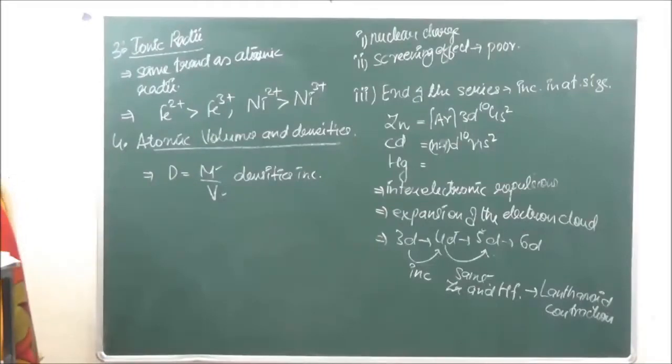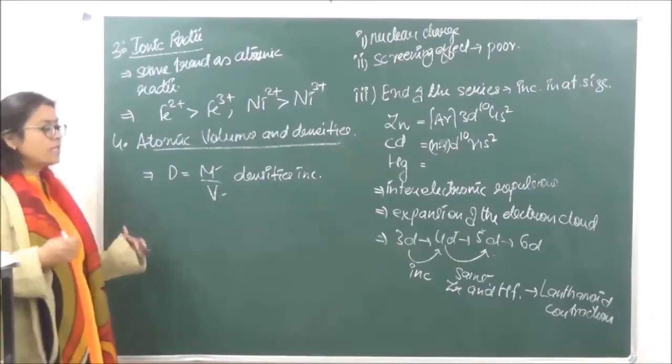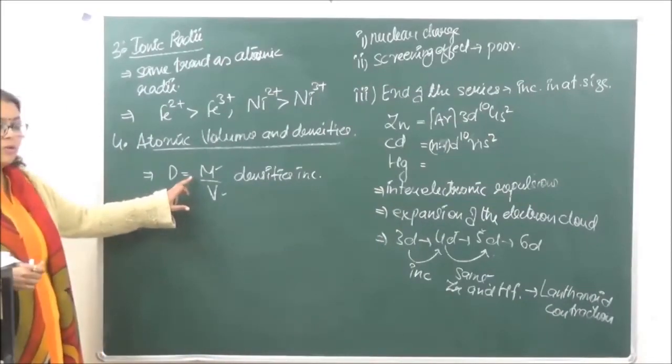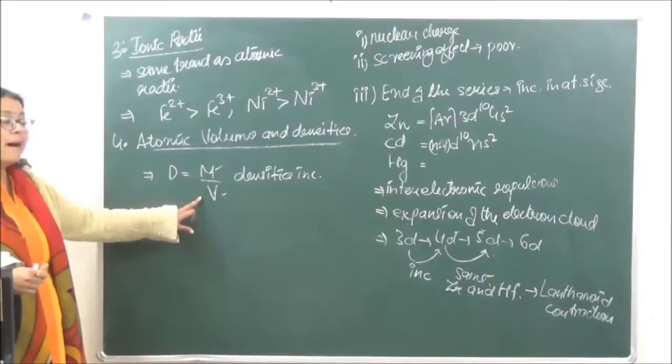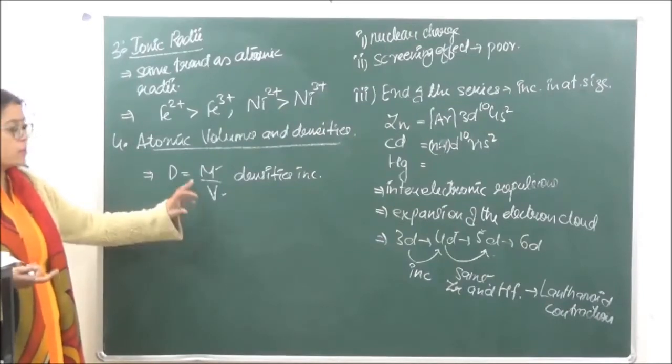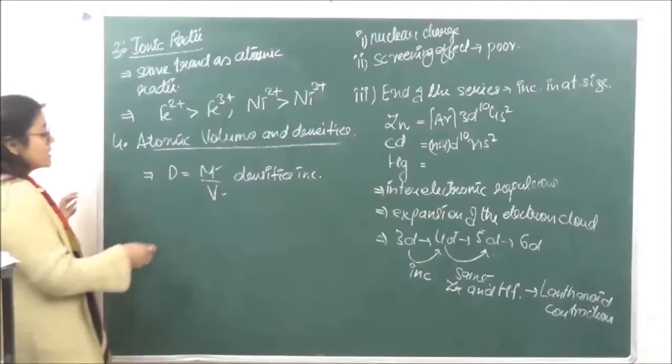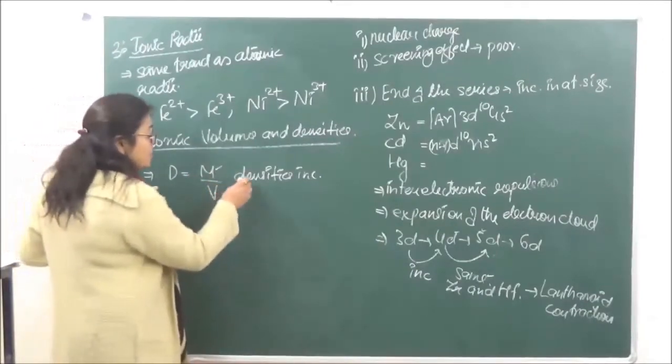Okay? Now when we are going from one row to the other, जब हम लोग 3D से 4D जाते हैं, 4D से 5D जाते हैं, तो in that case also masses are going to increase, and there is not much difference in the volume because atomic sizes जो है they are almost going to remain the same. So as a result of that, the density increases